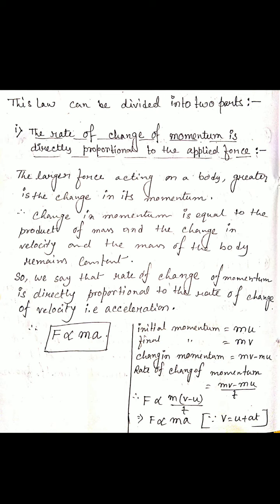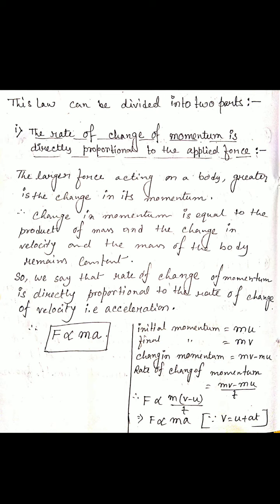One is the mass of the object, another one is velocity. So we can say that change in momentum is equal to the product of mass, because mass cannot be changed, mass will be fixed. So which one will be changed? That is velocity. Otherwise this equation will not be satisfied. We can say that this is not an equation.